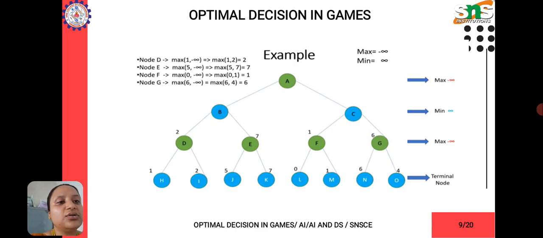Okay, so I just told you that the minimum value is infinity and the maximum value is minus infinity. So in this min-max algorithm process, you will be defining the minimum and maximum values. Okay,